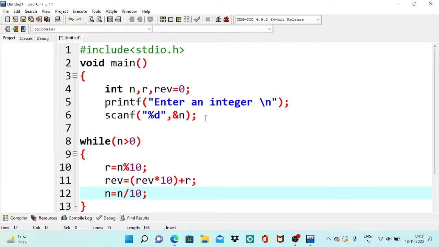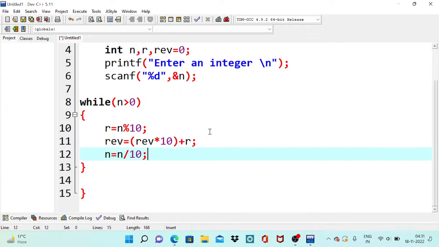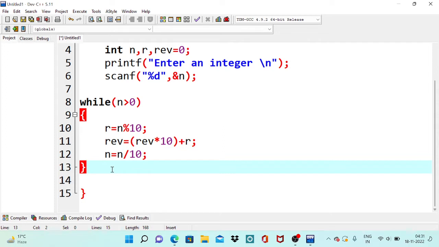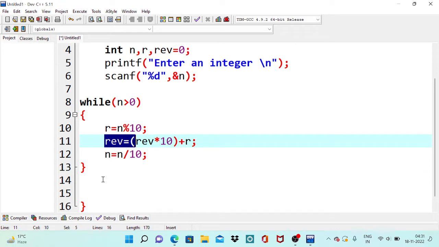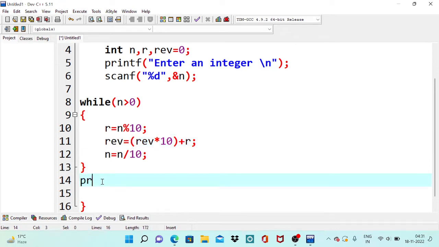So why are we doing these three lines? What is the use of executing these three instructions, and why did we keep them inside the loop? That I will explain. Now once we come out of the loop, the rev variable holds the final output, which is nothing but the reverse of the given number. Outside of the loop we have to print the reverse of the given number